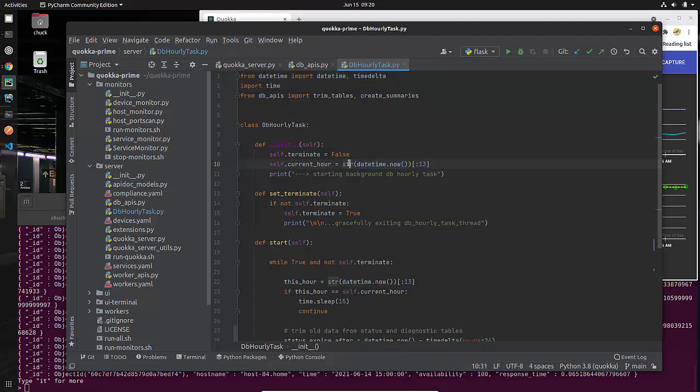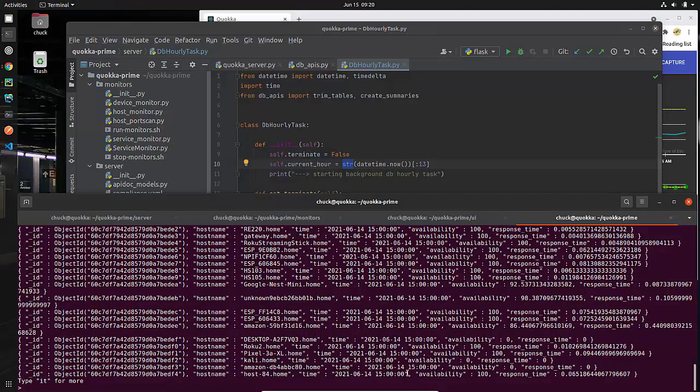Now when I say give me the string related to that, because it's a datetime object, it knows how to create a string from that. And if you were to peek down here, you can see it's going to look something like this. That's what the string is going to look like when I do that.